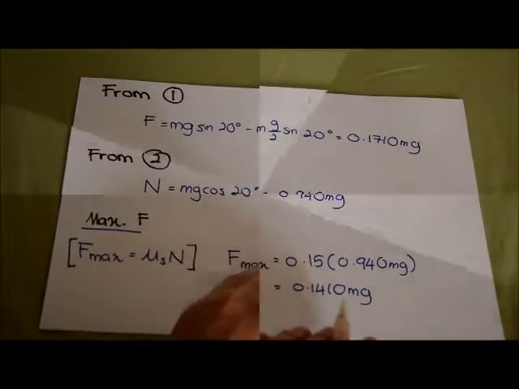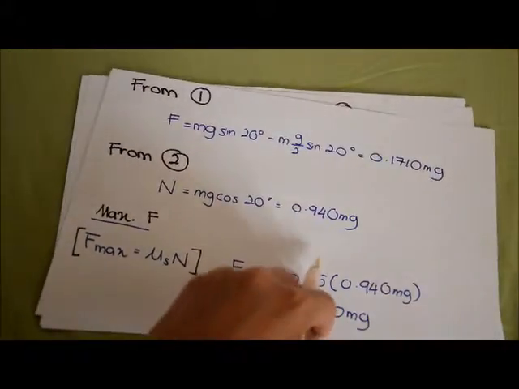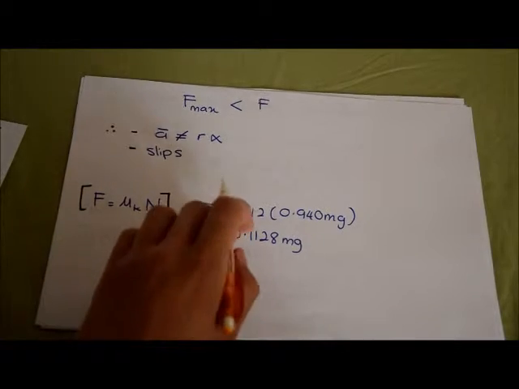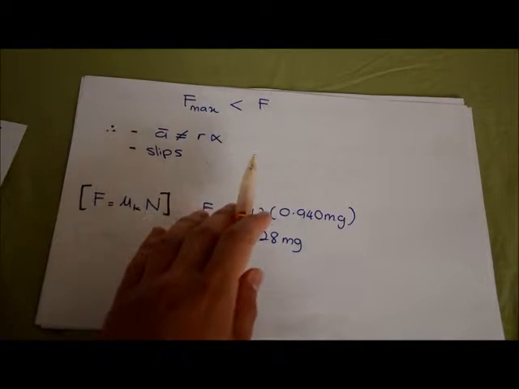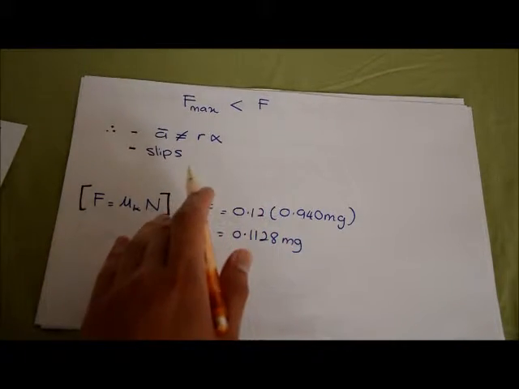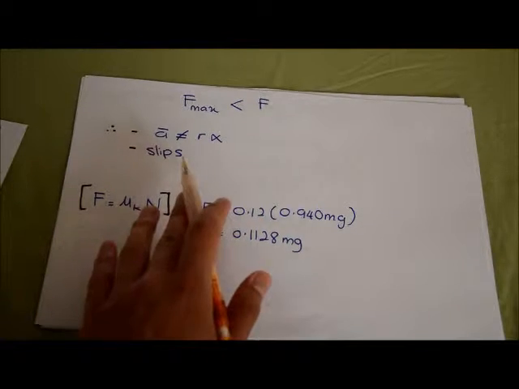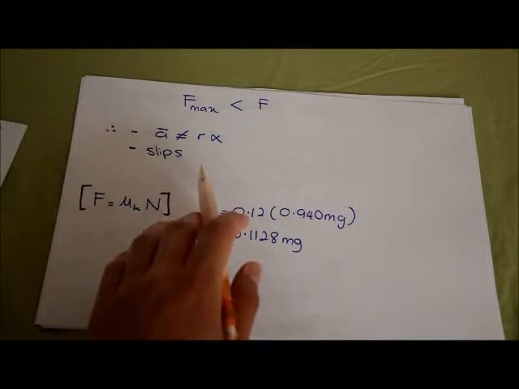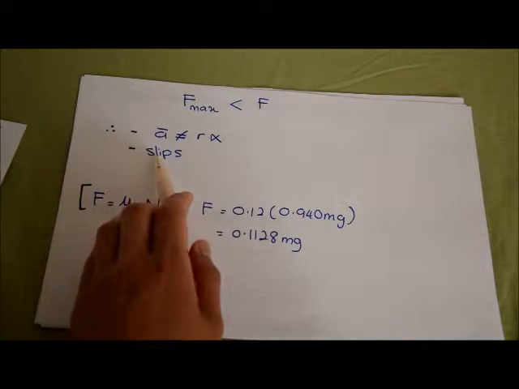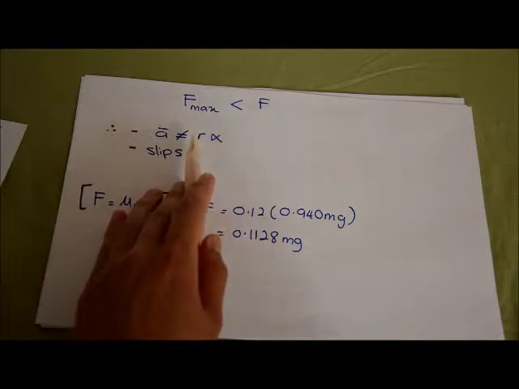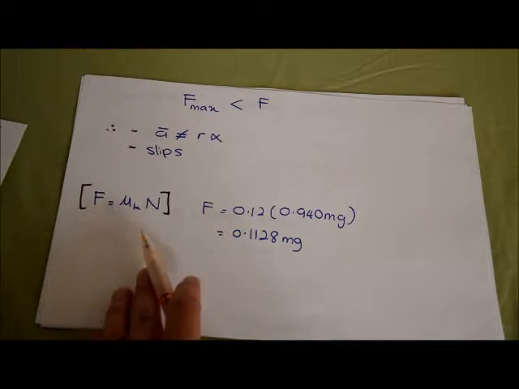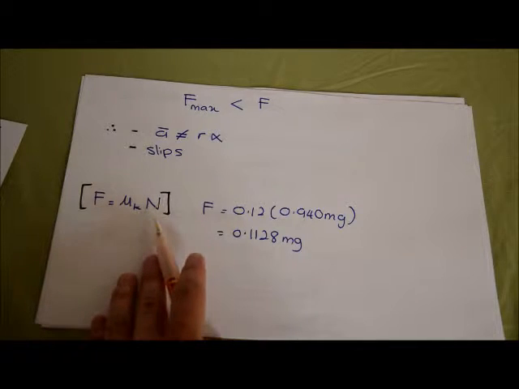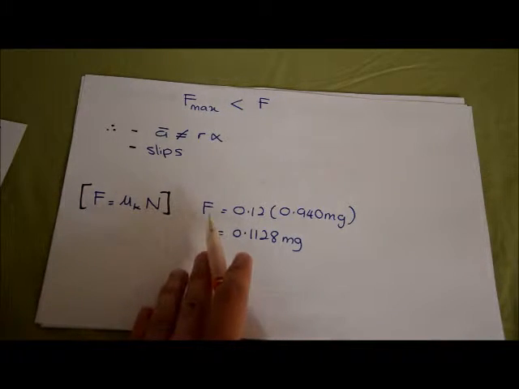0.1410 mg. Because our calculated value of 0.1710 mg exceeds the limiting value of 0.1410 mg, we can conclude that our assumption of pure rolling was wrong. Therefore, the hoop slips as it rolls, and a bar is not equal to R alpha. The friction force then becomes the kinetic value, where F equals μk N. Thus, we get the value of F equals